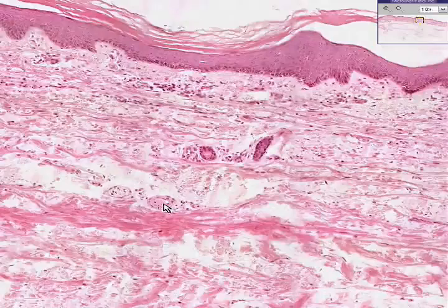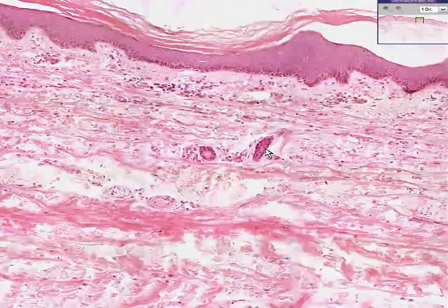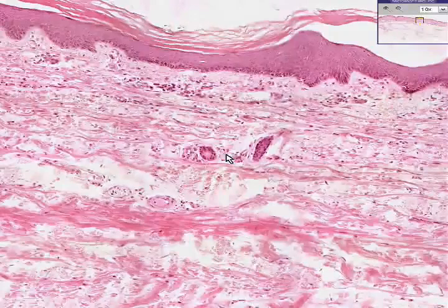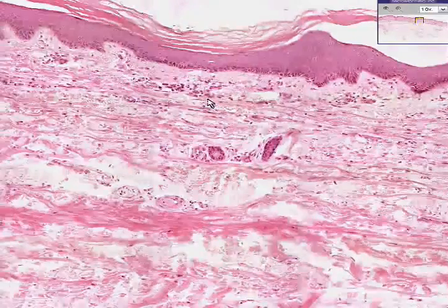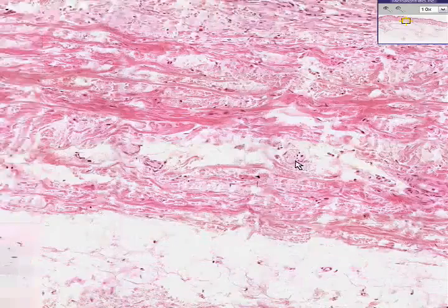Here is a blood vessel, probably an arteriole. Here is a little nerve, and here is a duct from a skin appendage, most certainly a sweat gland, because I don't really see any hair follicles in here at all. So that is a duct of a sweat gland. Here's a blood vessel, here's a blood vessel, here's a thicker blood vessel, probably an artery. Here's just fat, there's a small blood vessel. There's a nerve,